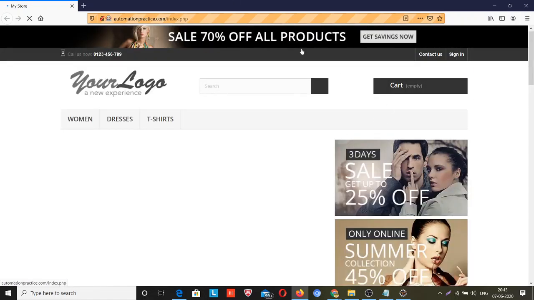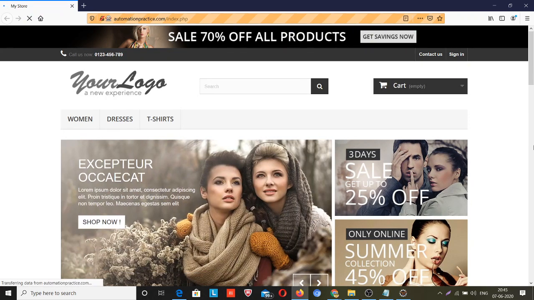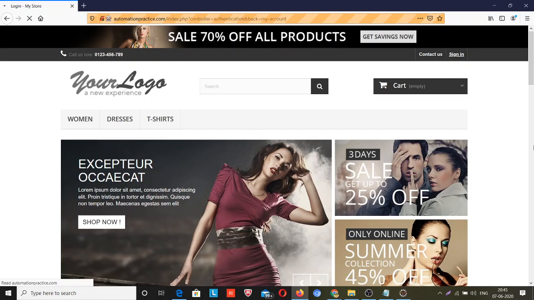So this time it has maximized the browser, and now it will click the sign in button and jump to that URL.